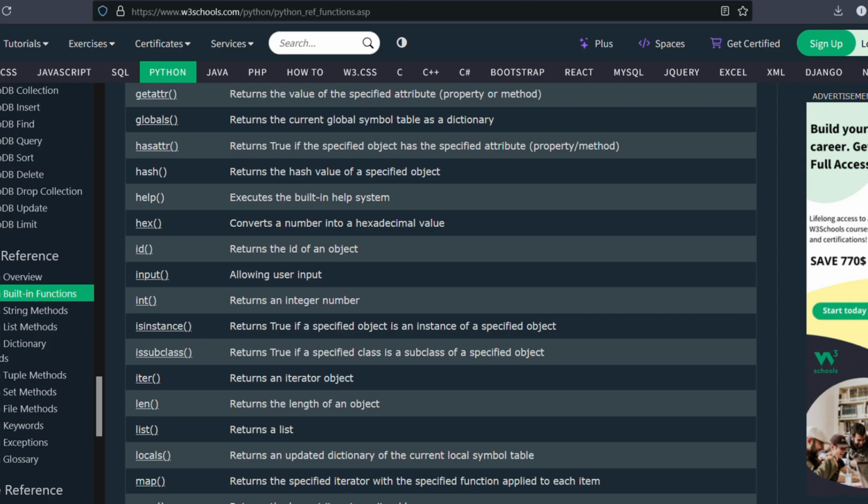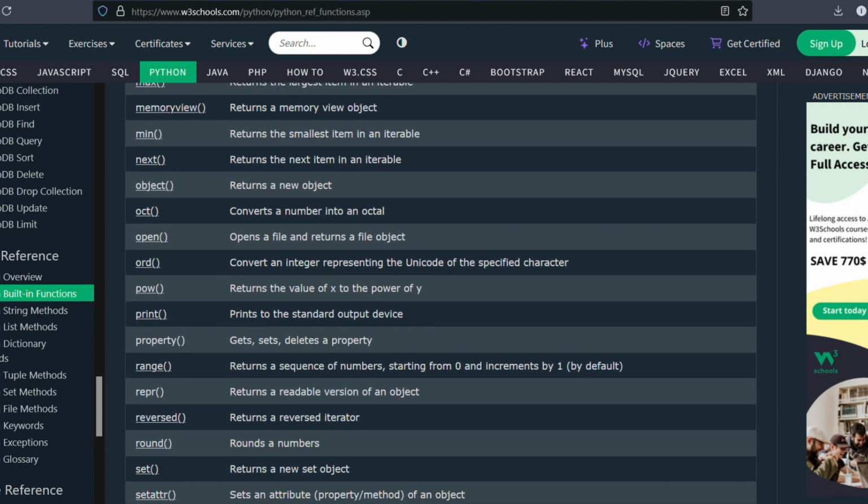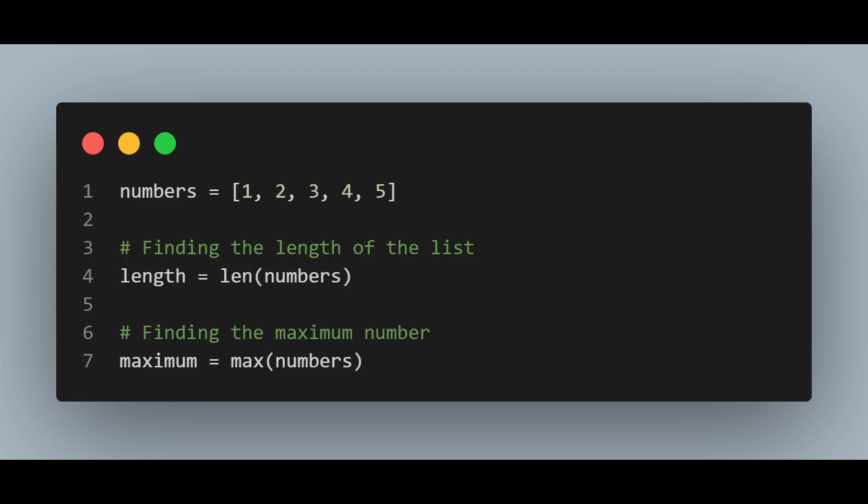Tip number 3 is to use built-in functions. Functions like len, max, min, and sum are a very big time saver and can save a lot of time. For example,